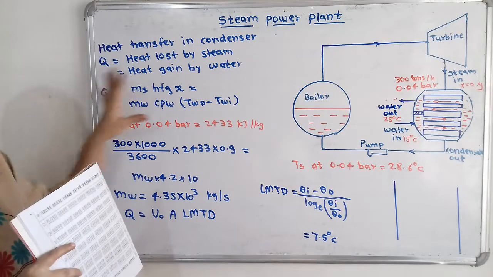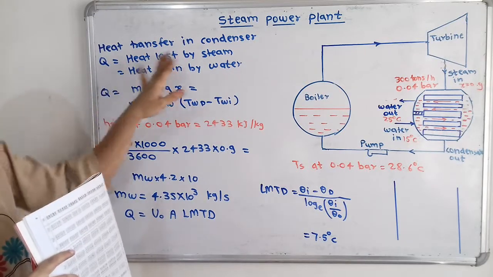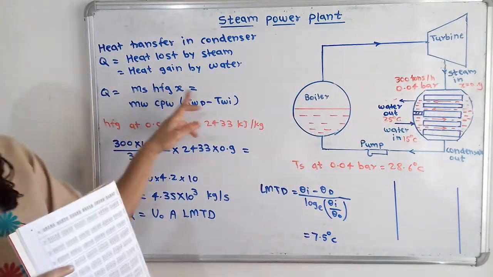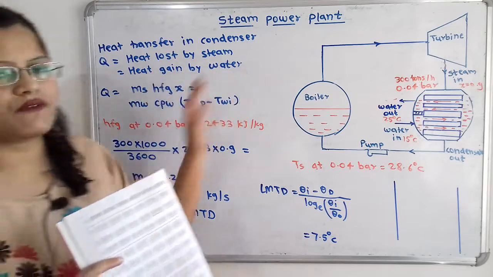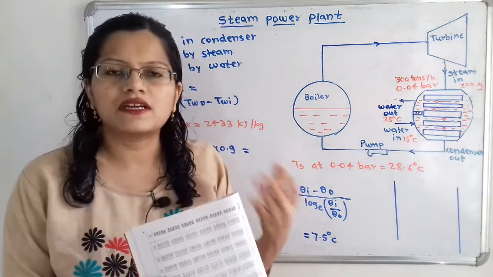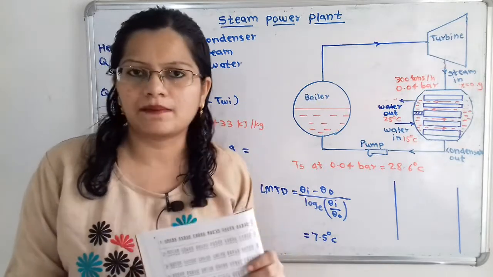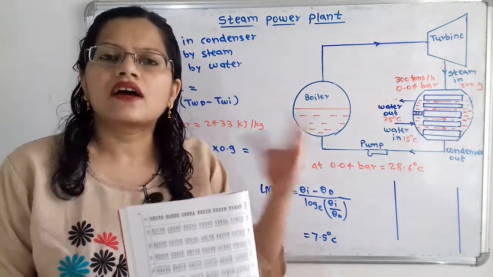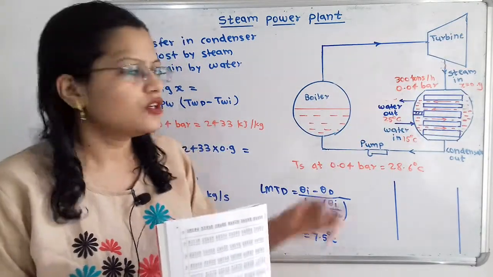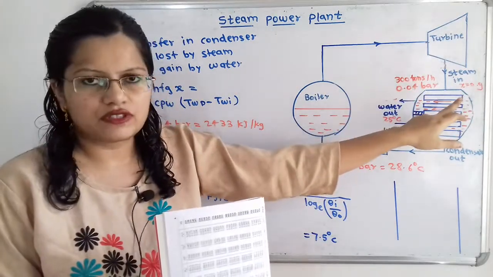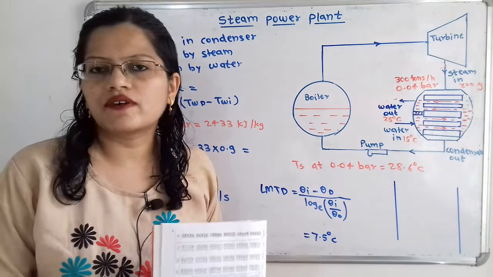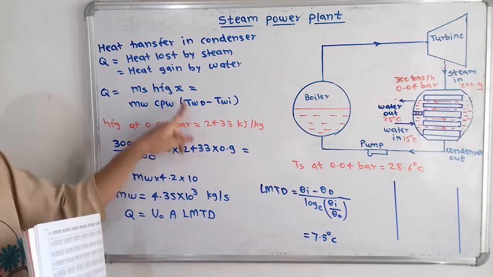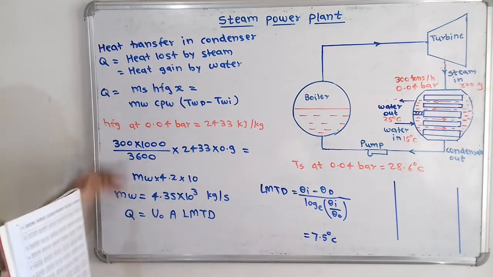Now if we put all the data, what is the value of Q? That is, heat lost by steam is equal to mass rate of flow of steam multiplied by hfg multiplied by x, which is equal to heat gained by water, that is mass rate of flow of water multiplied by the specific heat multiplied by the temperature difference. So ms is given as 300 tons per hour. We will convert this value to kilogram per second. So 300 multiplied by 1000, that is kilogram, and for hour to second, we have to divide by 3600. Now multiplied by hfg 2433 multiplied by x 0.9, which is equal to